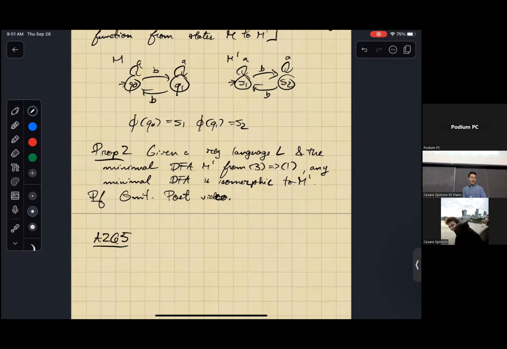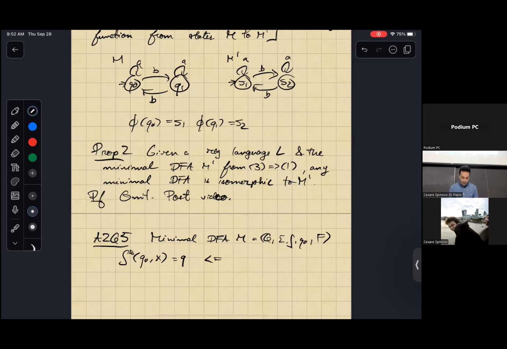Because what this tells you now is that if you create a minimal DFA M, where M is a 5 tuple, so if I create a minimal DFA M, then if I start at the start state of my minimal DFA, and I read some string X, and I end up in state Q,